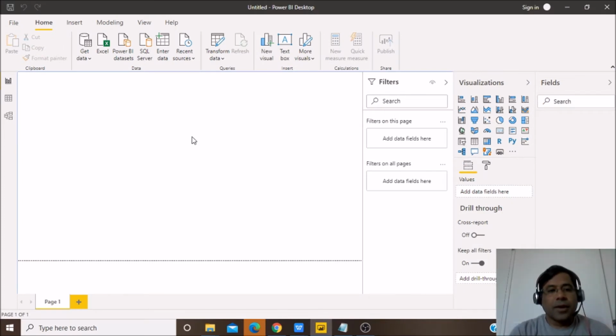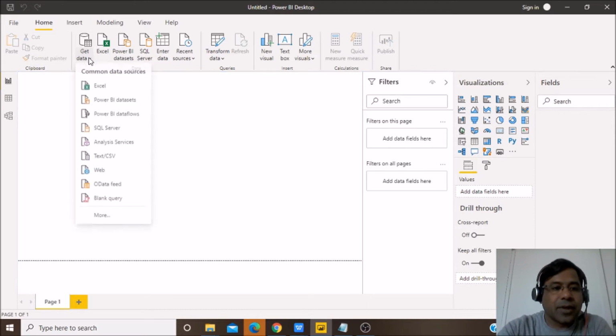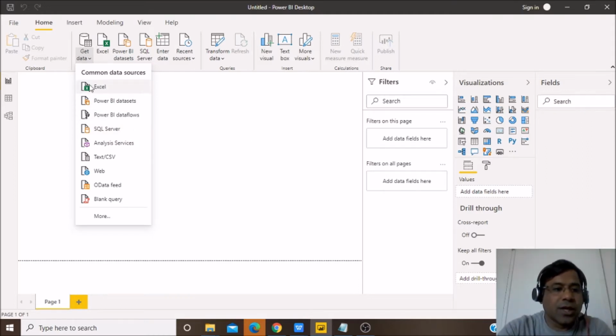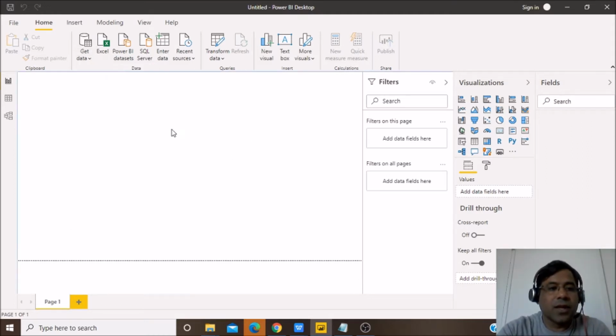So today we will learn how to import the data from Excel. In Power BI Desktop, when you click on Home, you can see Get Data, and when you click on this Get Data, you can see multiple options here: Excel, then we have Web, then CSV, SQL Server, and Power BI datasets or dataflows. So here you can select Excel, or if you directly select Excel here, you can also import the data from